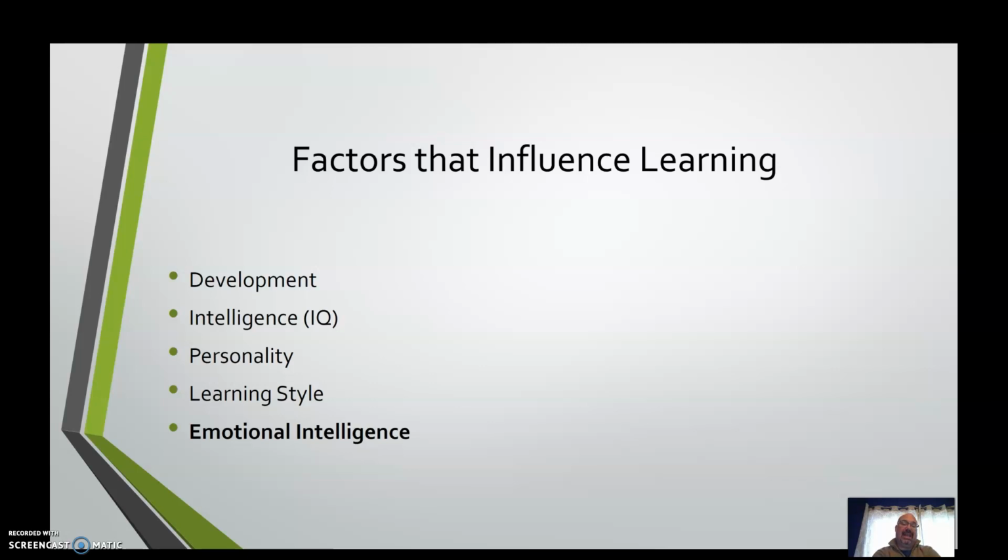We've also talked about personality and how personality can influence a student and how they're motivated in their learning process, and how that motivation can impact their performance on a day-to-day basis. And so we also have looked at learning style and how a student likes to be able to take that information in as they're in a class. So this next step is talking about emotional intelligence and the role that it plays for a student in the classroom. So emotional intelligence deals with the ability of a student to